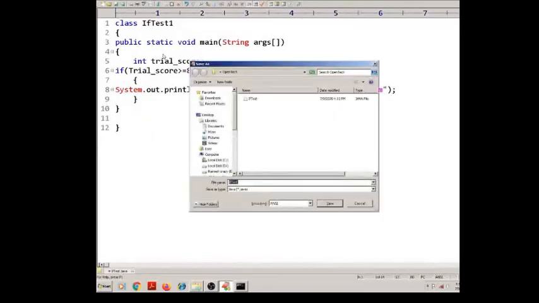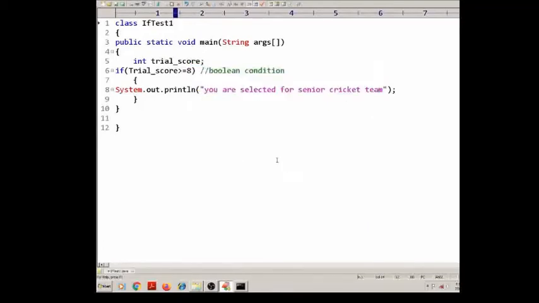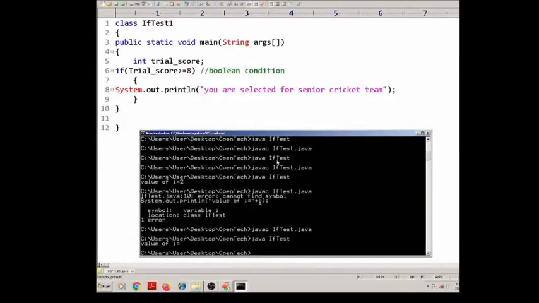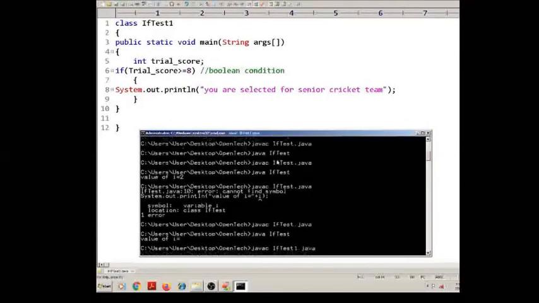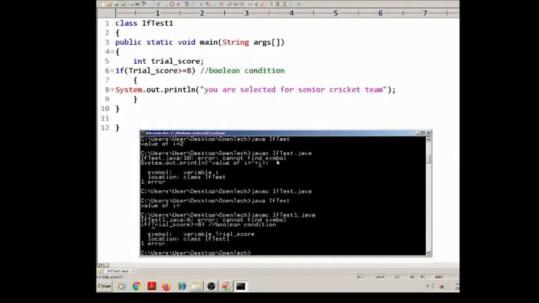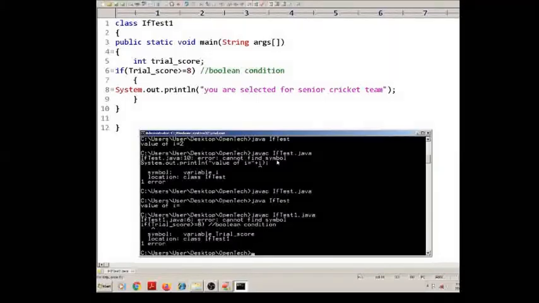Save as, and if test1.java, Test1.java, and now compile the program. Test1.java. Yes, you can see trial score. What is cannot find symbol trial score?